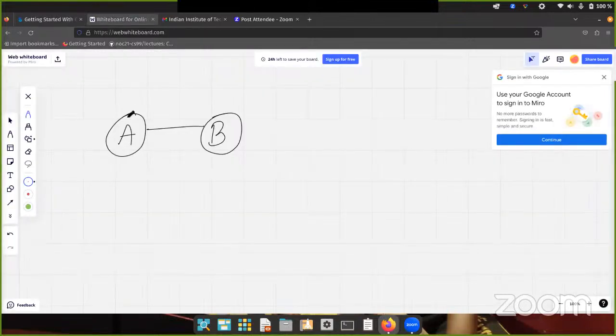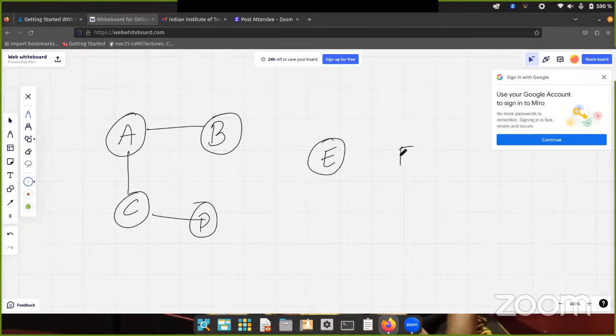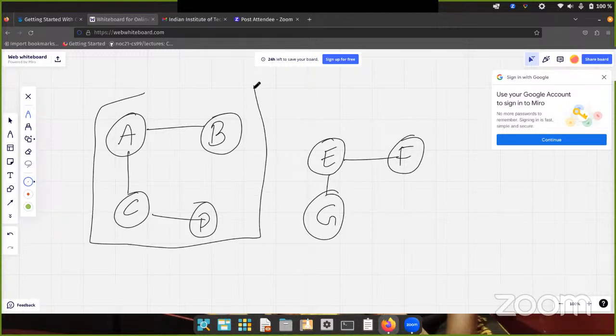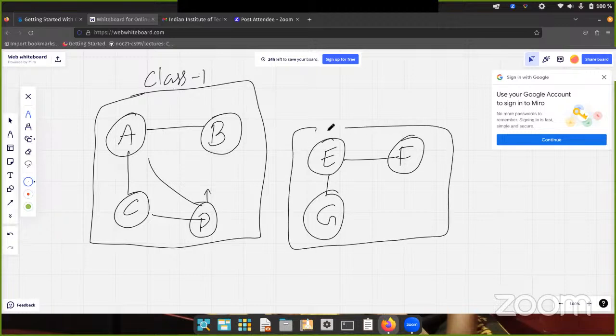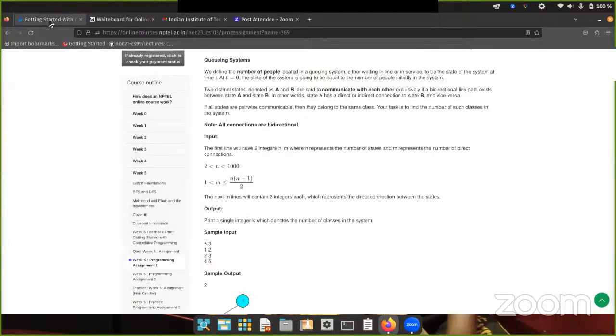For example, we have A, B, C, and D, and suppose E, F, G. As all states are pairwise communicable, I can move from D to A by C, A to B, A to C, and from anywhere, but I can't move from D to E. So this is a class, class 1, and this is class 2. This is what is given in the question.